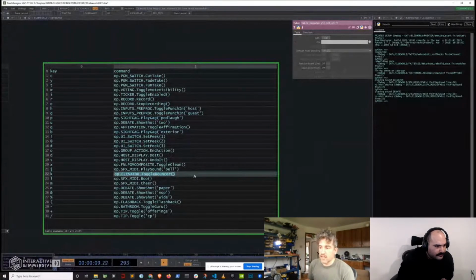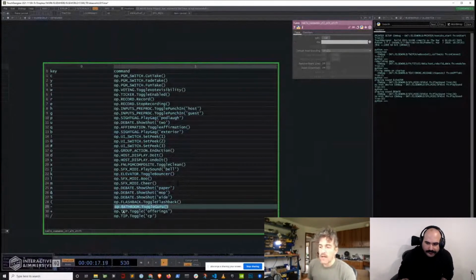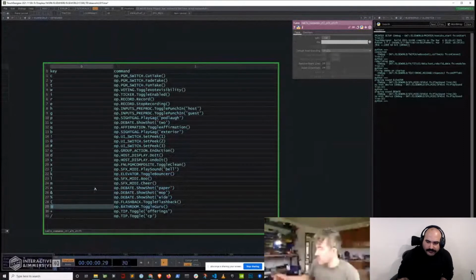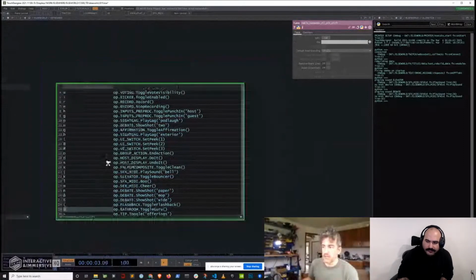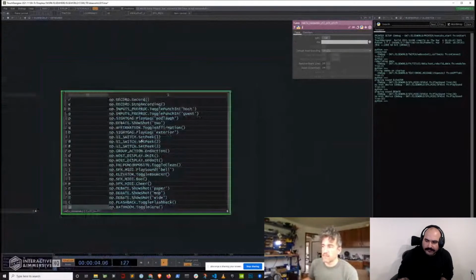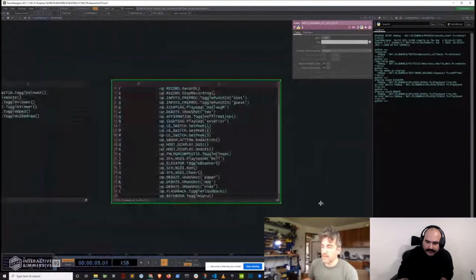I can show the bouncer in the elevator. I can change cameras on the debate stage. I can throw the guru up on the TV in the bathroom, etc. And this is all just by hitting Control Alt whatever, but it's actually hitting Stream Deck buttons. This is mostly for the Stream Deck. All these are Stream Deck commands, and then all these are like hacks for my UI and stuff like that. But anyway,